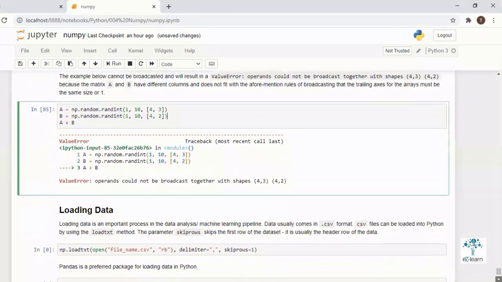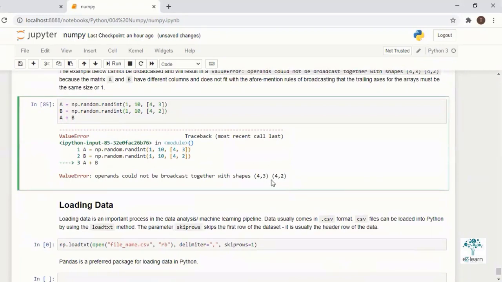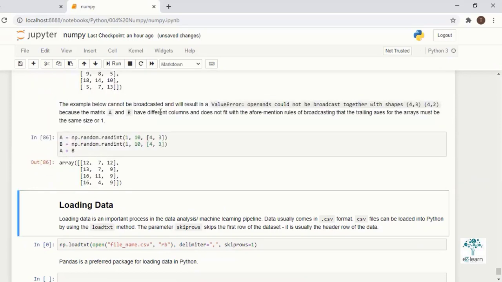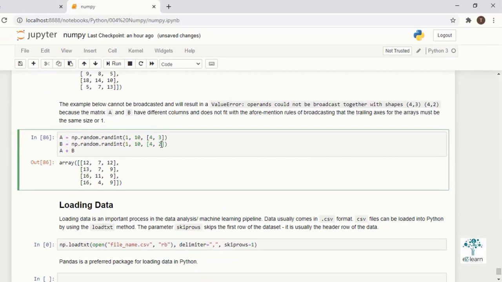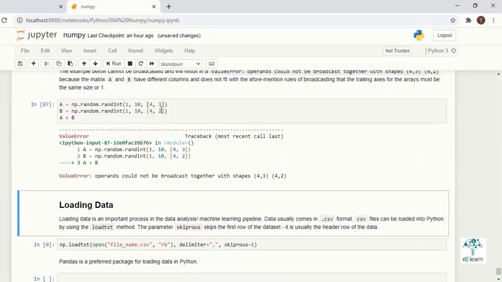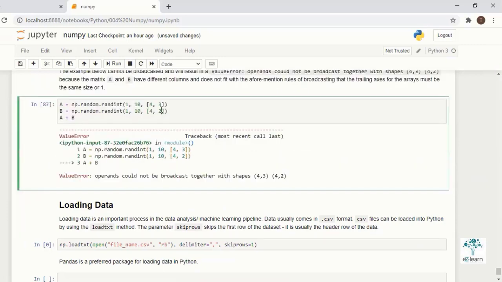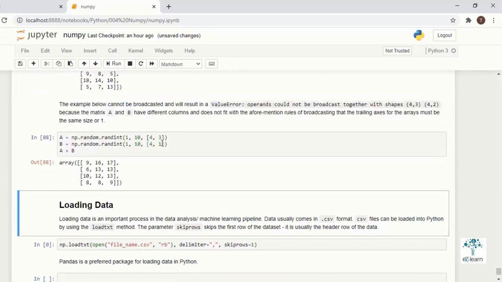If it is more than one, it should otherwise be the same. 4 cross 3 with 4 cross 3 will work. It shows an error here because of a row-column mismatch, and it will work where broadcasting is happening.